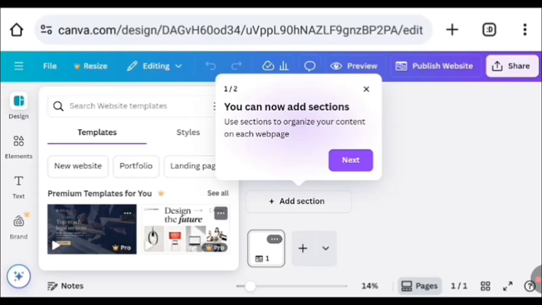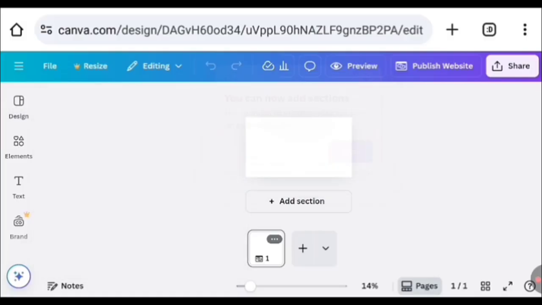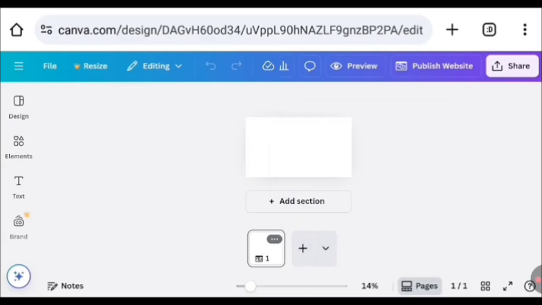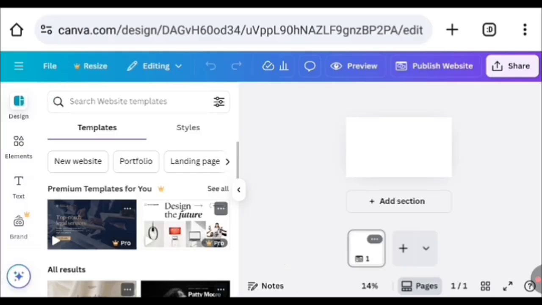You could just click next, and it takes you to the next one. It's just teaching you how to do what and where to find what. But I already know my way around it, which is why I'm creating the whole tutorial. So now that I have things in place,